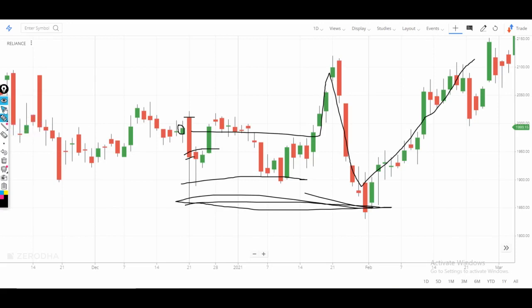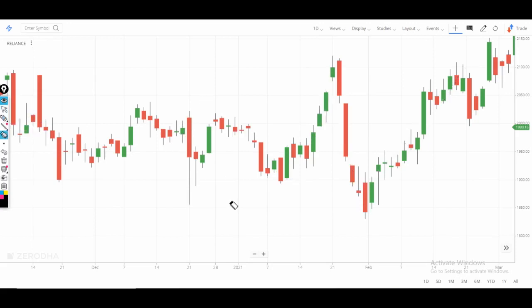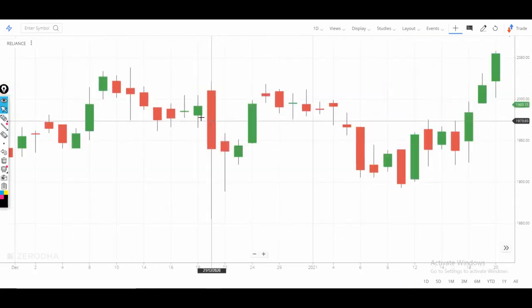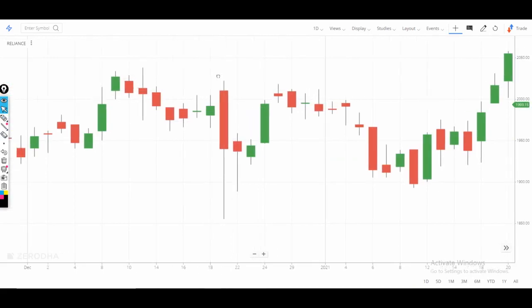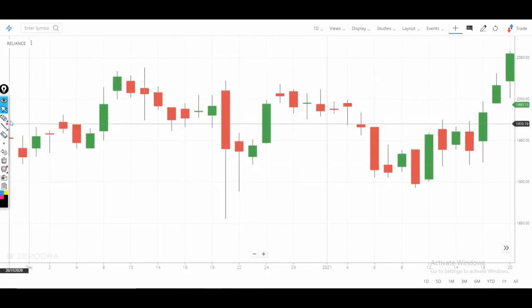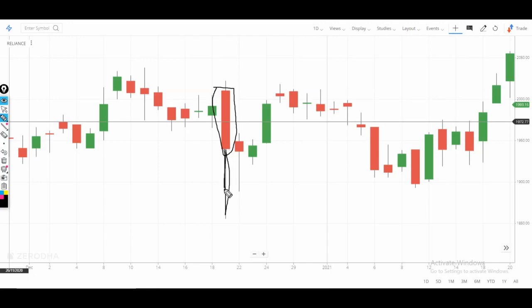The simple reason I would like to tell you is that whenever you are trying to trade this setup, look at whether the candlestick is fully covered by the body, right? This is the main body. It shouldn't have any long wicks, right? You can see here, this creates confusion between the buyers and sellers. So that was all about the bonus tip using which you can increase your probability in trading.